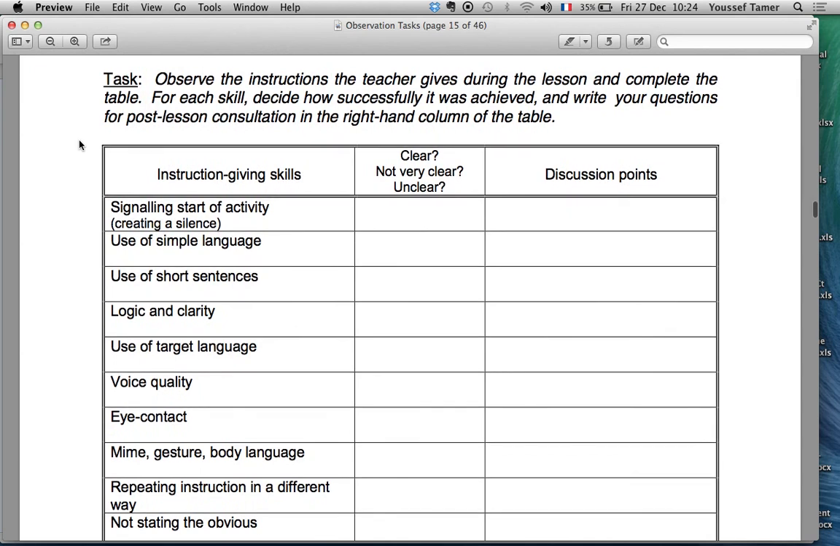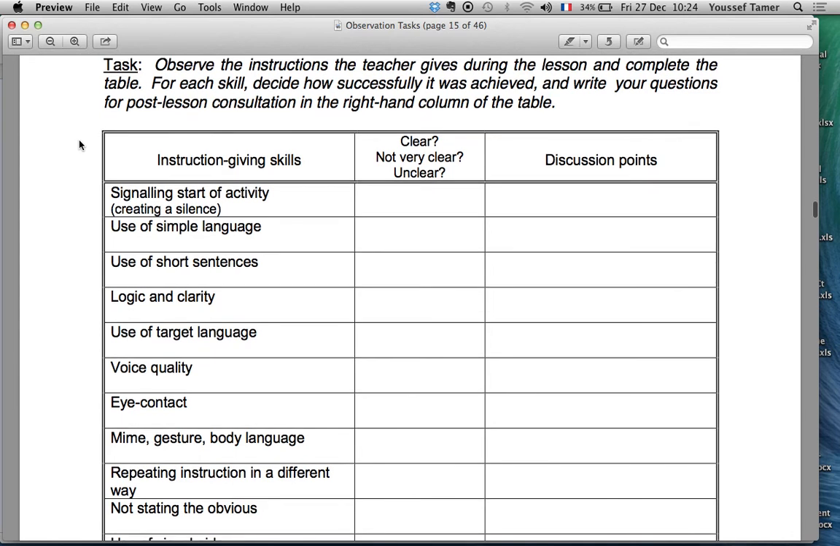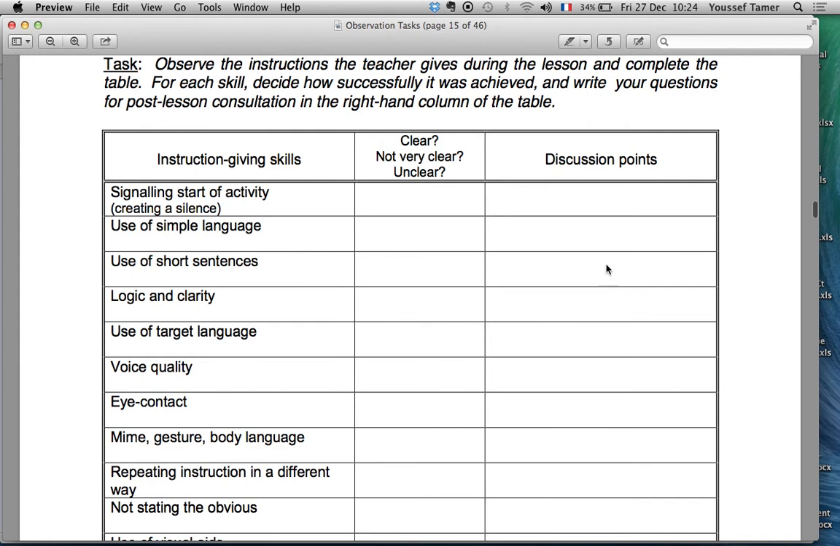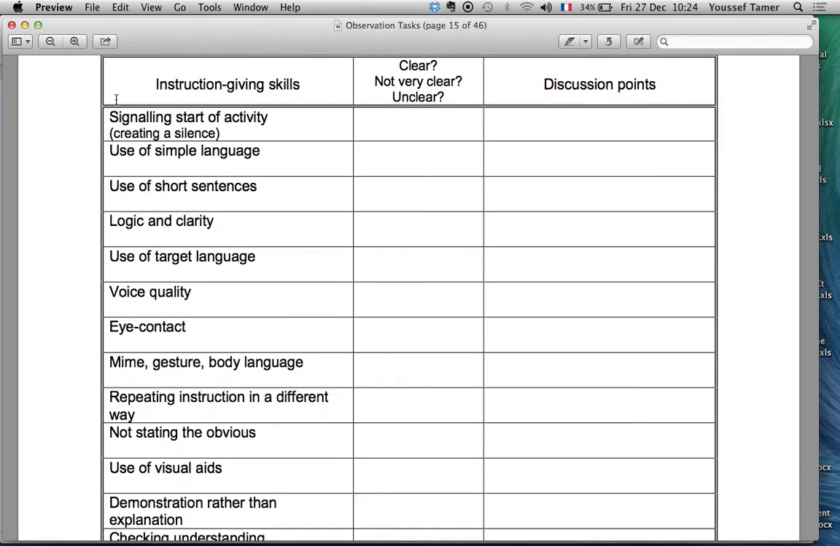So, observe the instructions the teacher gives during the lesson and complete the table. For each skill, decide how successfully it was achieved and write your questions for post-lesson consultation in the right-hand column, discussion points. So have a look, please, at these categories here. Instruction giving skills, okay, and then